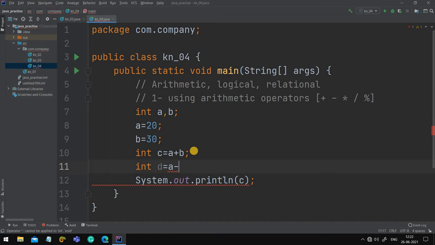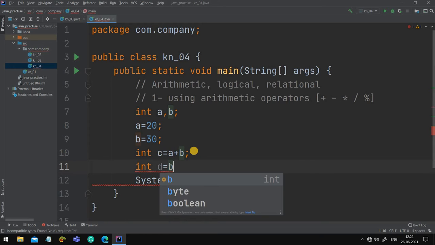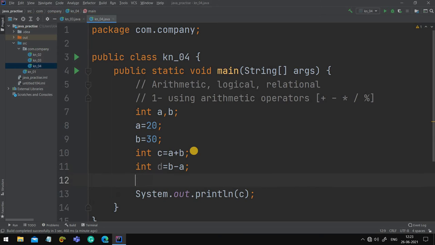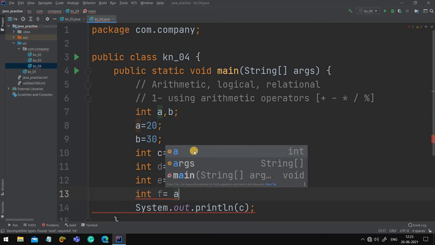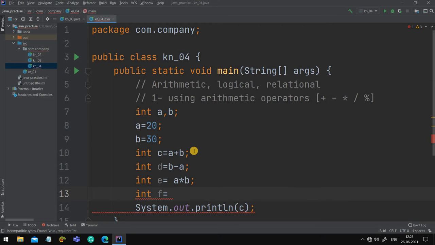Not a minus b, it should be b minus a. int e is equal to a multiply by b. At the end, int f is equal to b divided by a.